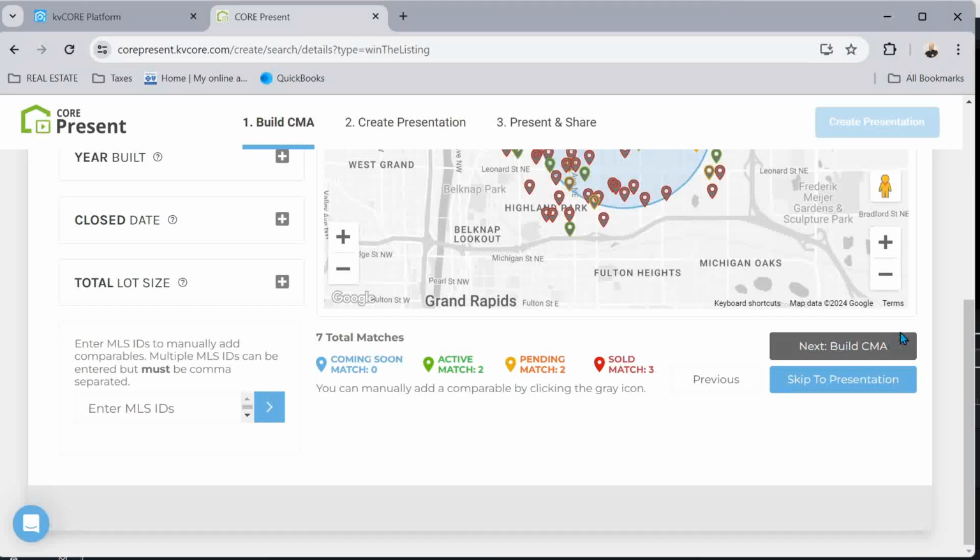So next we want to go to build CMA. We have enough adequate here. Again, minimum 3, probably no more than 6 in your comps. You don't want to overwhelm your potential seller. So we're going to research these and look and see, are they truly comparables? My neighborhood is kind of a mix. My immediate neighborhood is fairly new, 1998 and newer. Around my neighborhood, though, are some older homes. We're going to take a look and just see what we've got going on here. So we're going to go to Build CMA. It's going to take us into the next page,